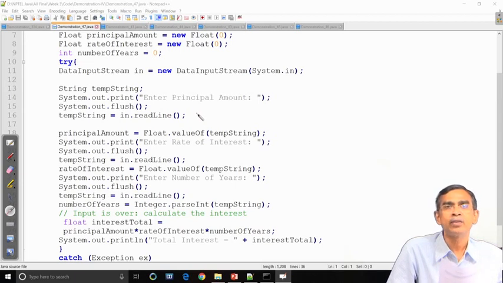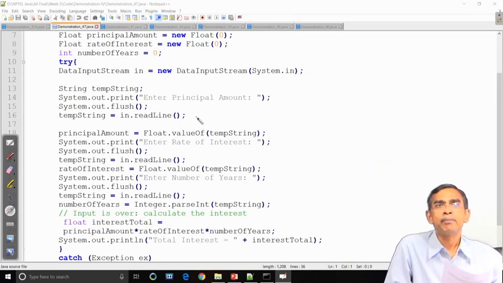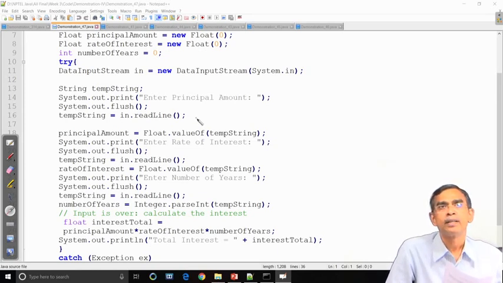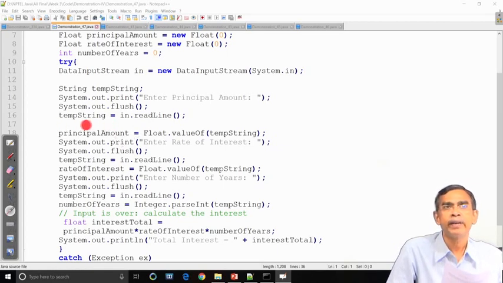If you call this, it will clean the buffer, so that no garbage will be entered into your input. Now, temp string basically stores the value which is read from the keyboard buffer. To read a keyboard buffer, the method that is required is readLine. The readLine method is declared in the DataInputStream class. It reads the entire line from the keyboard buffer and stores it as a string in temp string, which is a temporary variable.